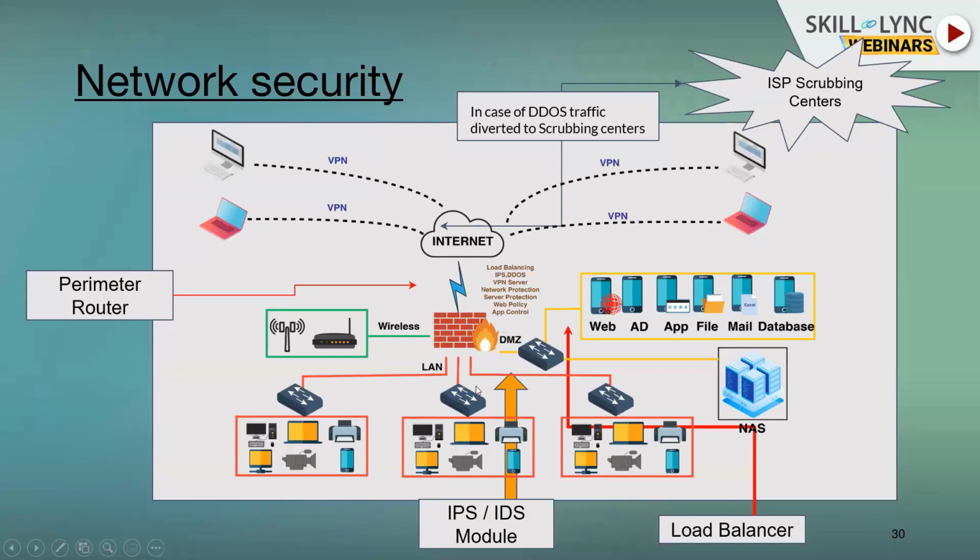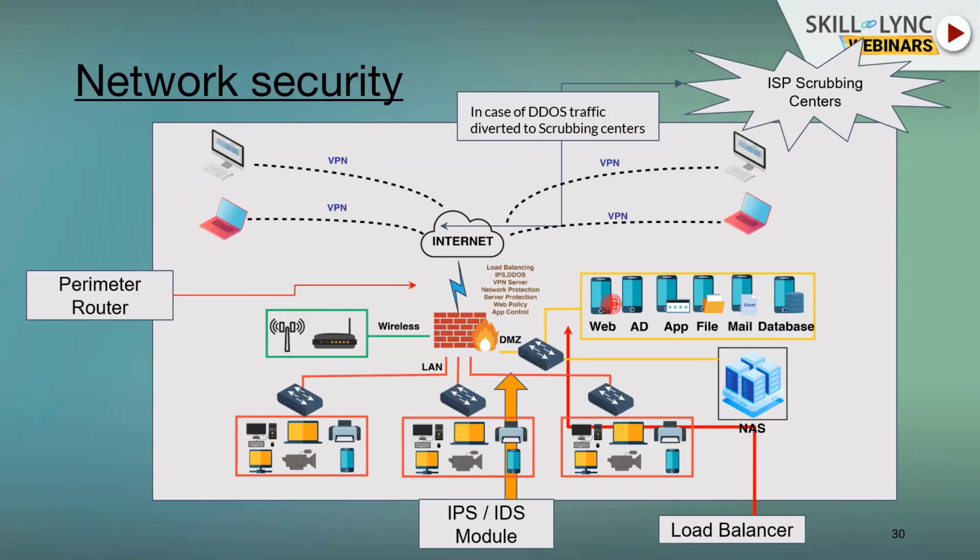And apart from that, you can see some blue boxes with left and right arrows. These are called your switches. The switch has a concept called a VLAN, virtual local area network. What it does is you can split between two users who are handling different sets of work. You can split it using something called a switch, and these act at the layer 2 level in the OSI model. So this is a typical network.